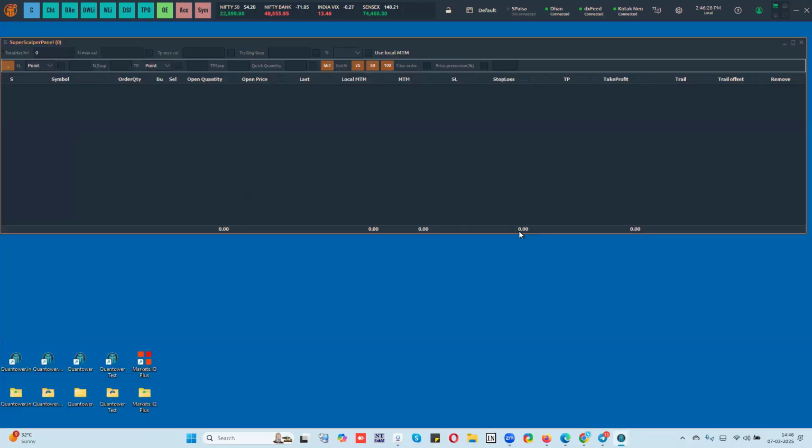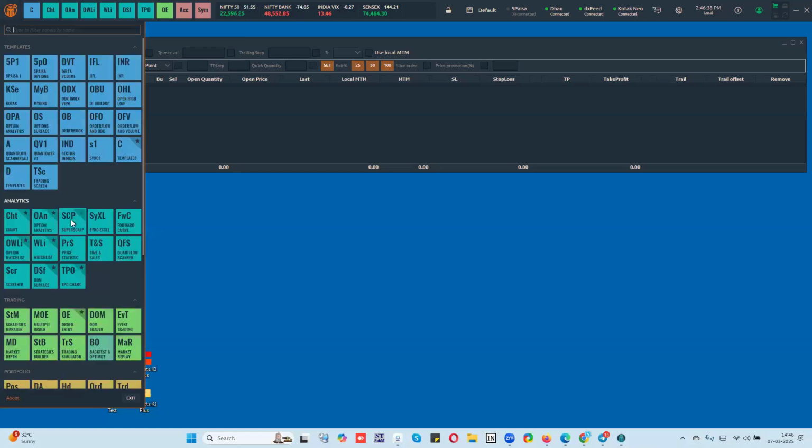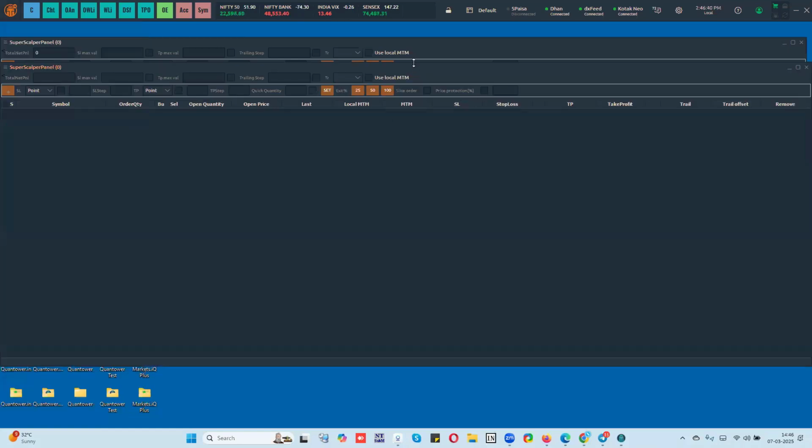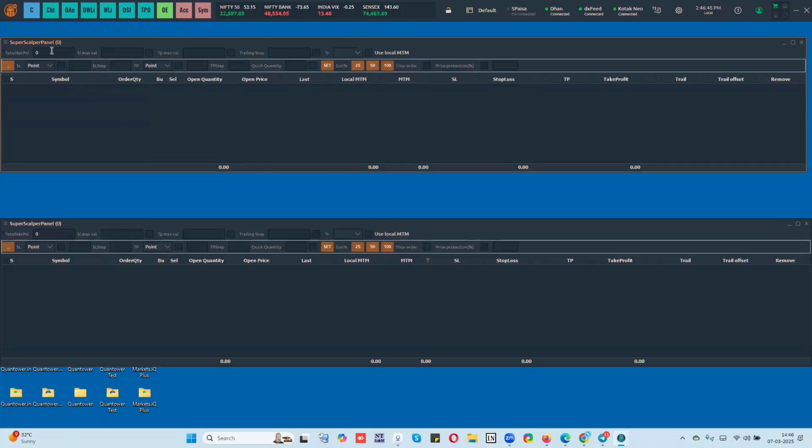So let's start looking at what Super Scalper is all about. So I'll keep one Super Scalper for cash market, one for options. Okay. So I will open one more Super Scalper here. Top one will be the cash market. Okay, or maybe for another broker, we can do that. So here you have total PNL that will be updating in real time based on the selection that you've done. Here you have the stop loss on the total PNL.